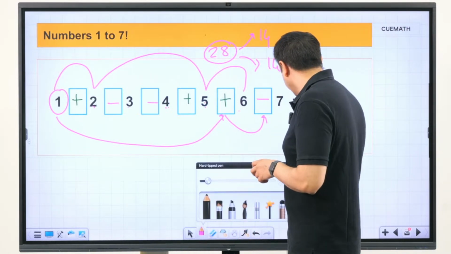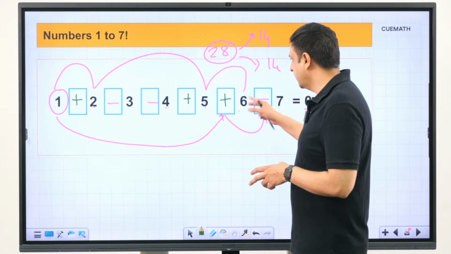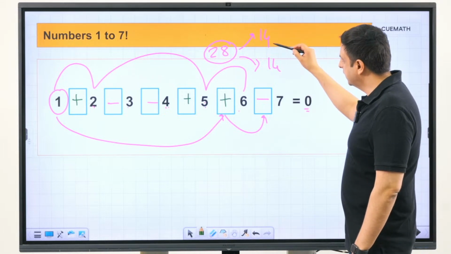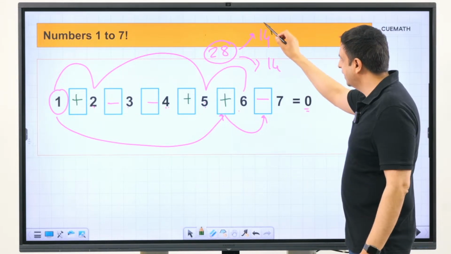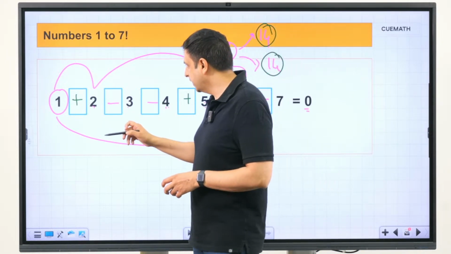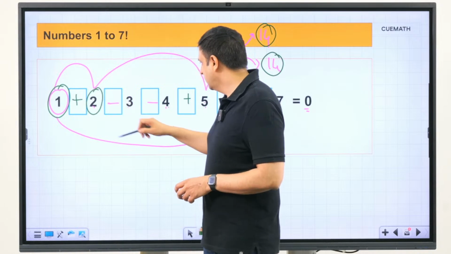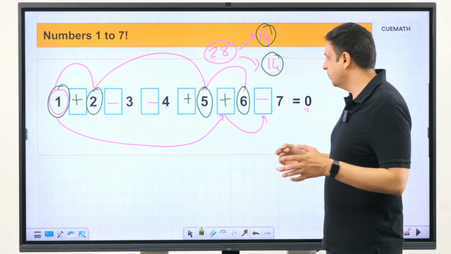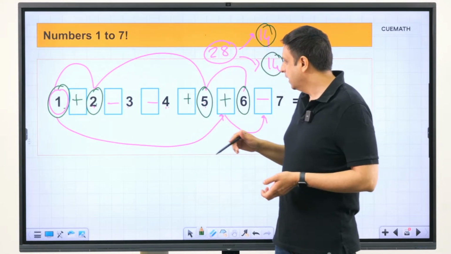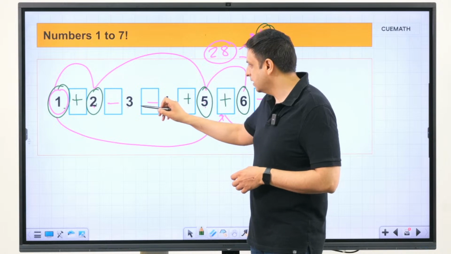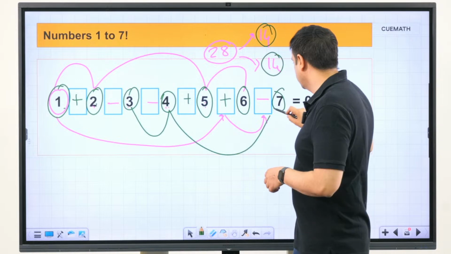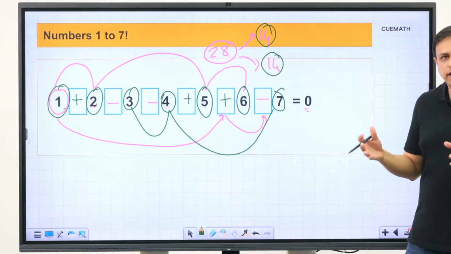And that's what I was really doing in my mind when I was trying to find combinations that get me to 0. I was trying to think, how do I place plus and minus signs such that the numbers being added get me to 14, the numbers being subtracted also add up to 14, and then I do the combination. So what I did, for example, was take 1, 2, 5 and 6 as the numbers being added. As you can see, 1 plus 2 plus 5 plus 6 is 14, and the remaining numbers are the ones you need to subtract. So 3, 4 and 7. These 3 numbers also combine to 14. So that's how you can figure out what combination will work.